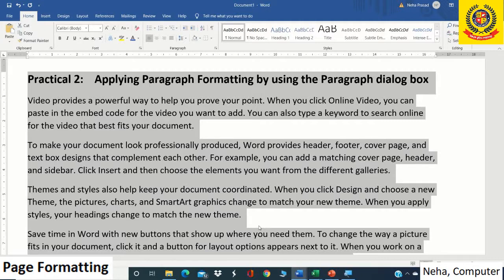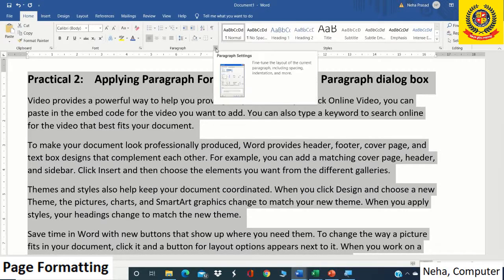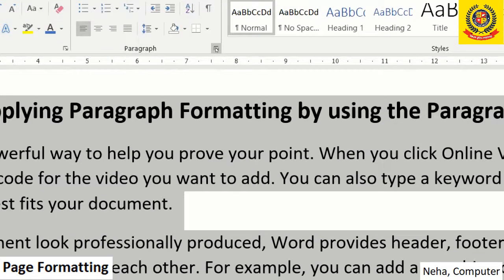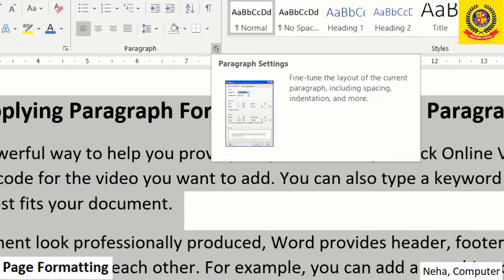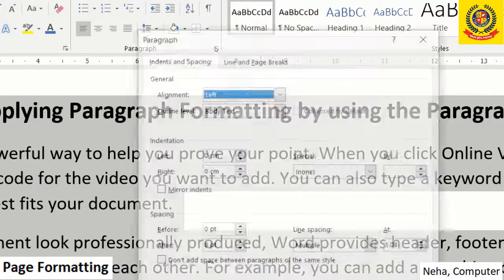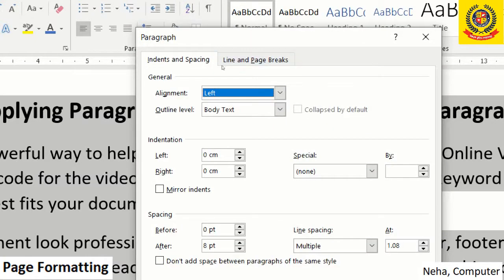For that, go to the Home tab and click on the paragraph group, where you can see a dialog launcher icon. Now click on this dialog launcher icon. As you click, you can see the Paragraph dialog box has been shown here.